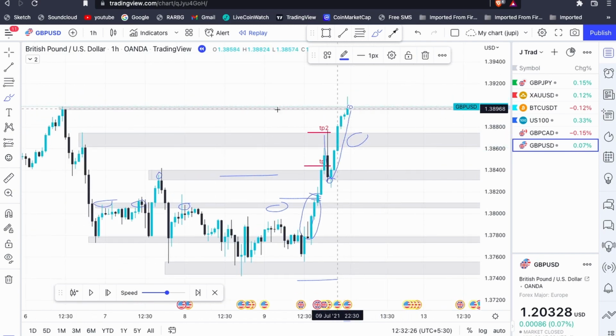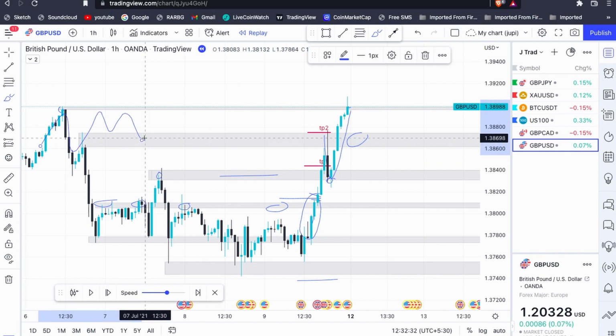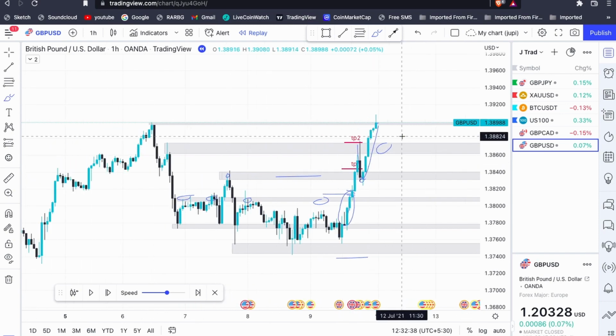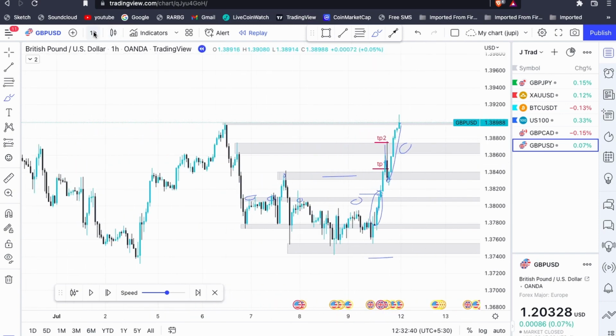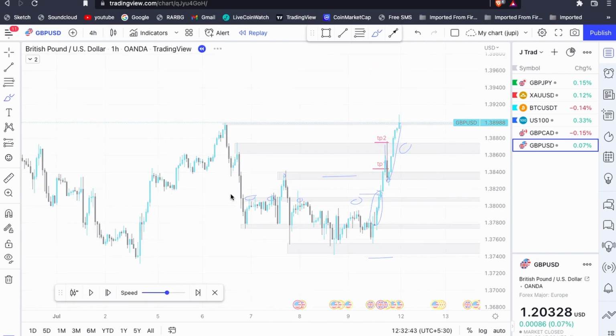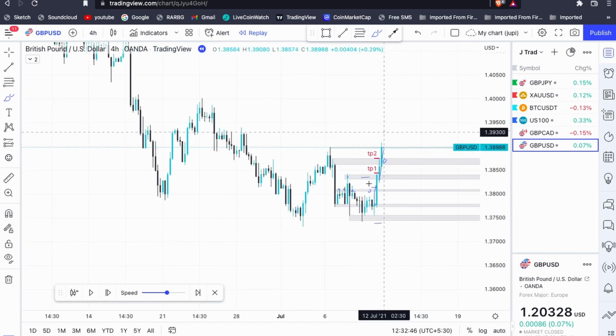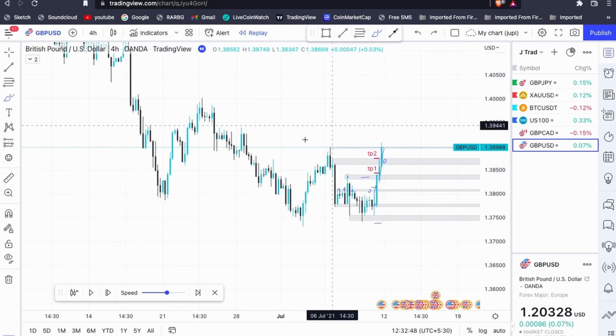I know this area is a weak area because we have just only one wick or only one reversal. It hasn't been tested twice or 3 times like this, so it's tested only once. So let's see. I don't think it's going to hold, but if it's not going to hold, I'm gonna go to 4-hour time frame, and if it's going to break above this area, sorry,